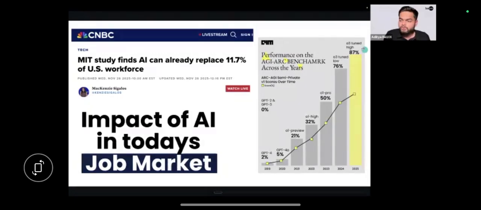But right now, it is able to do economically valuable work, right? It is so smart. It is able to do data analysis. It is able to write code. It is able to do everything efficiently and with credibility, right?